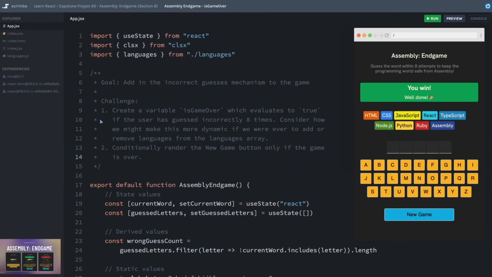Once you've completed challenge number 1, your second challenge is then to conditionally render this new game button only if the game is over. And at this point, it doesn't matter if they've won or lost, it's just if the game is over. For this first part, try to think critically as to what conditions in which the game should be considered over. In this case, I don't mean game over like in the old Mario game over where you lost. It really just means game over whether you won or lost. All right, your turn to take the reins and work on this challenge.